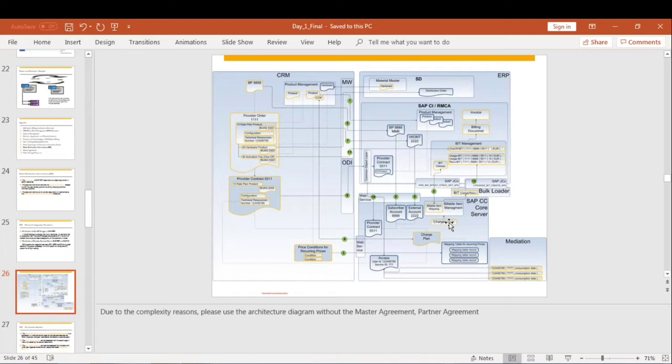So these charged items will be fed as input to the ECC system, where billable items are generated for each type of service. This billable item will have the information of the customer, contract number, what data is consumed by the customer, what free SMS is given to the customer, and how much we are going to charge the customer.